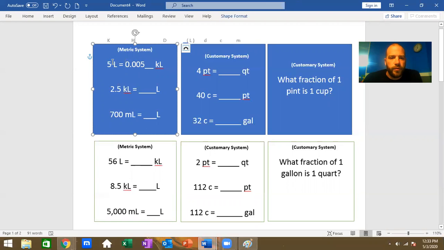Now let me just double check. Going from liters to kiloliters, did I move left? 1, 2, 3. Here's the decimal. So the decimal was here. Left, 1, 2, 3. Yep. It's golden like that. What about if I start at kiloliters and I go to liters? I'm going to go right, 1, 2, 3. Right, 1, 2, 3. So that turns into